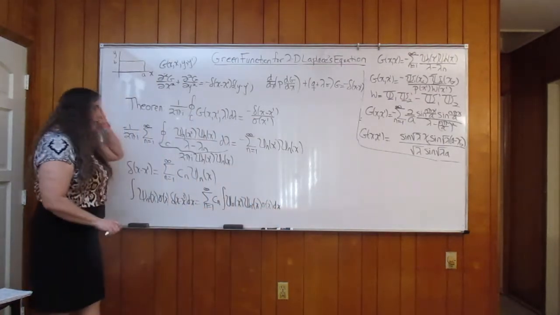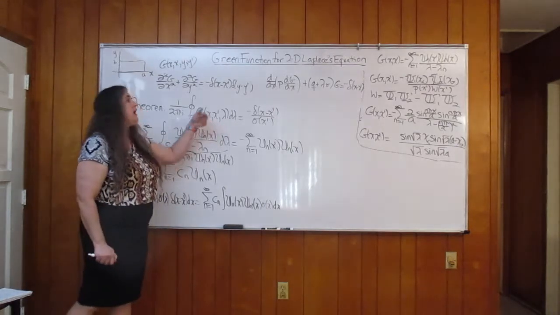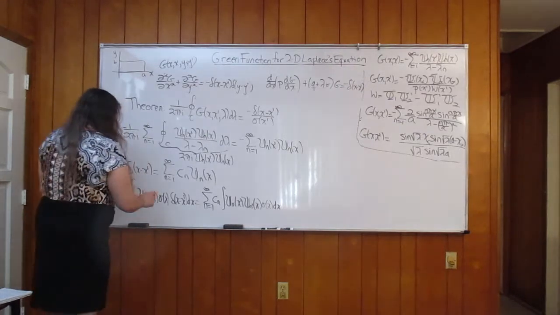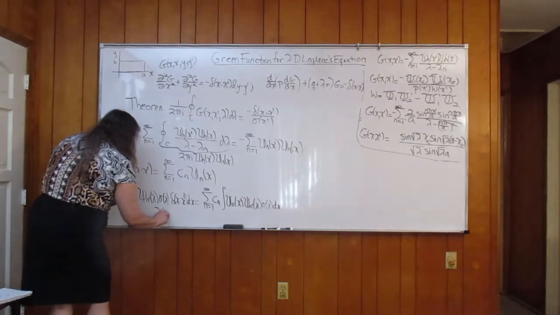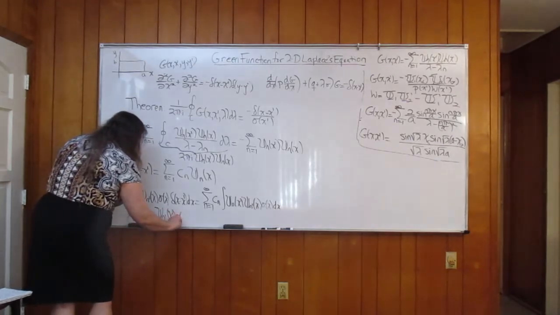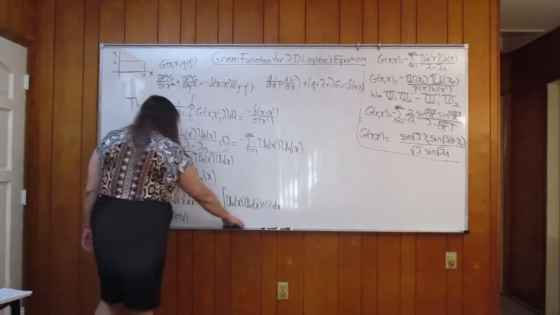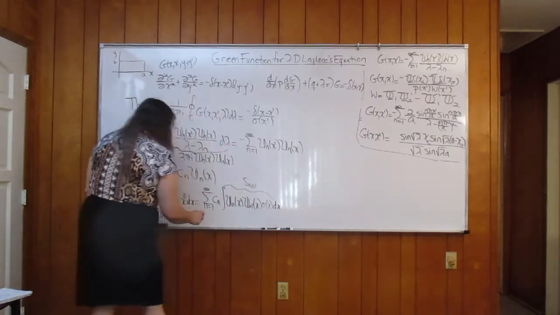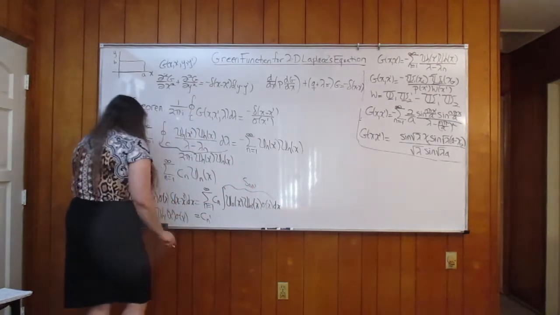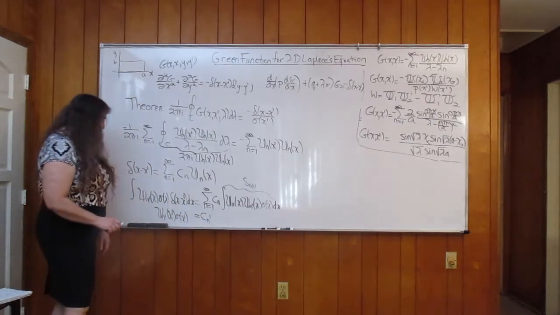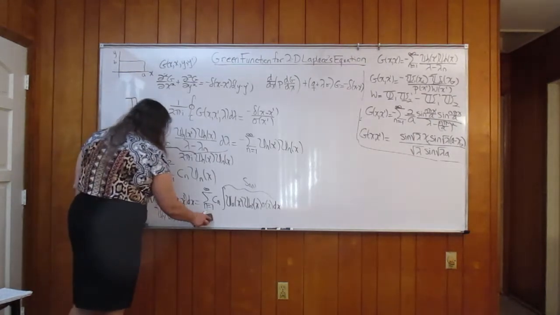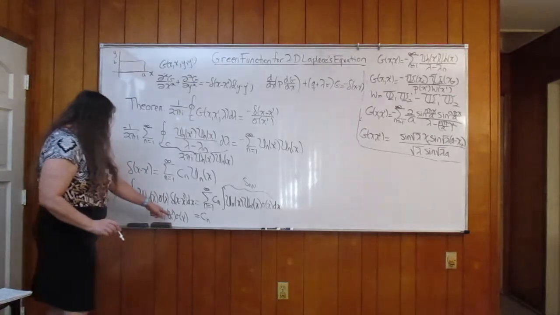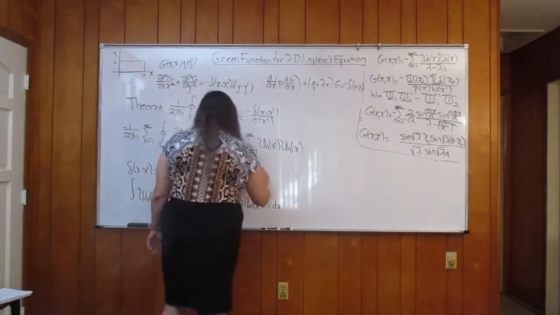And notice we do have to have a factor of sigma x in there because, again, we are applying this for the more general equation, not just Laplace's equation. So therefore, on the left-hand side, we're going to wind up with psi n prime of x prime and sigma x prime. On the right-hand side, this is just going to be the product of delta n n prime, so that has the effect of picking out that one coefficient Cn prime. But again, these are just dummy coefficients, so you can leave off the primes there. So therefore, Cn is equal to psi n x prime sigma x prime. And therefore, your delta function